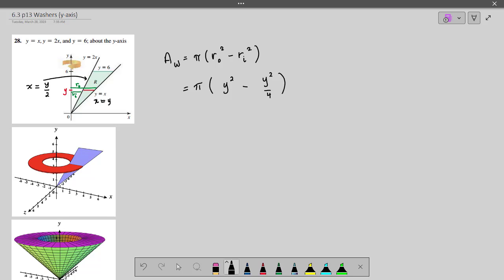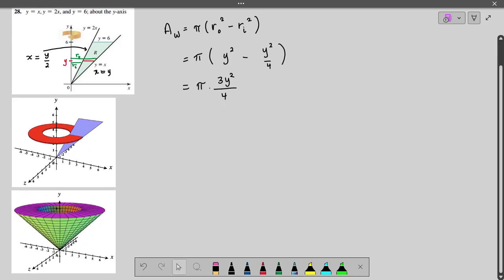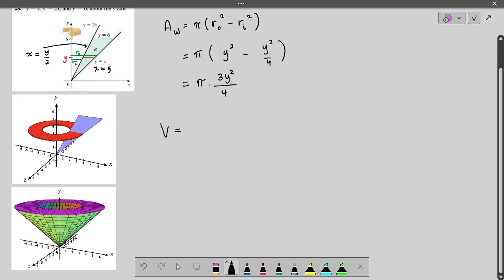That part okay with everyone? So whenever we have a horizontal element, we've got to isolate x for the boundary curves. And this is going to be pi times common denominator of 4. We'll get 3y squared over 4. So that'll be the area of the washer at y, at a height of y. And then to get volume, we integrate the area function so we can factor out that 3 pi divided by